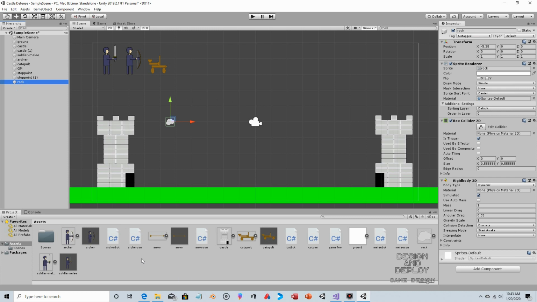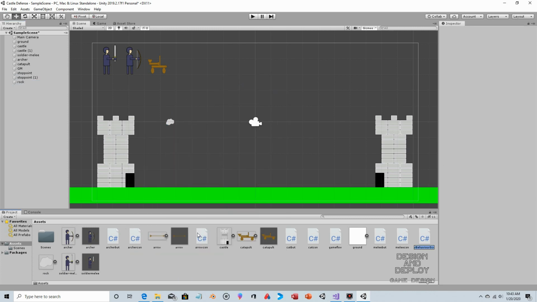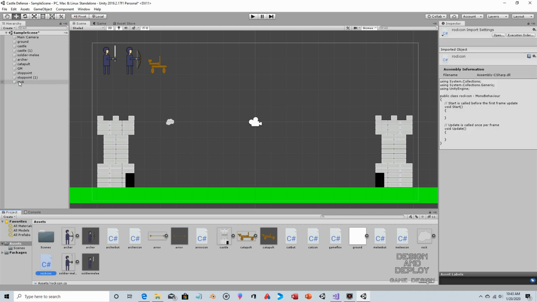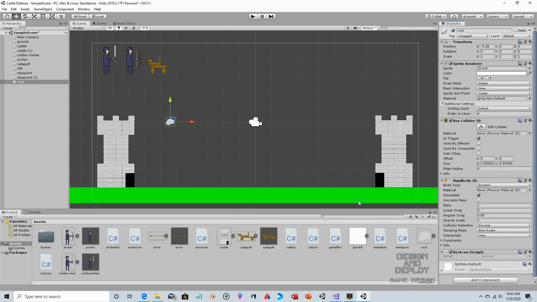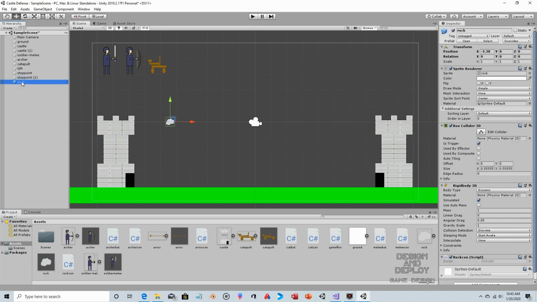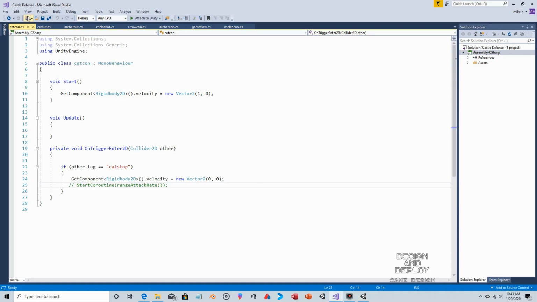So let's right click, create C# script. We'll call this RockCon. We'll add the RockCon to the rock, and at that point we can turn this into a prefab just by dragging and dropping it into the asset area, deleting the original. So we can now make a reference to this. So we go back to